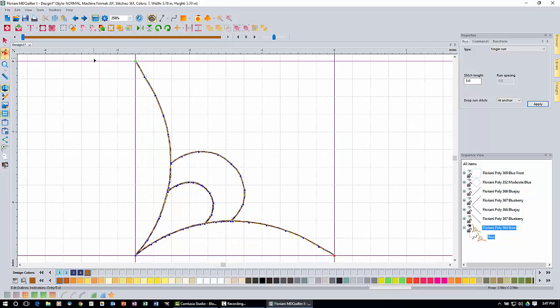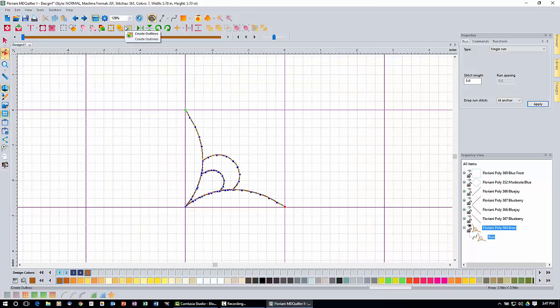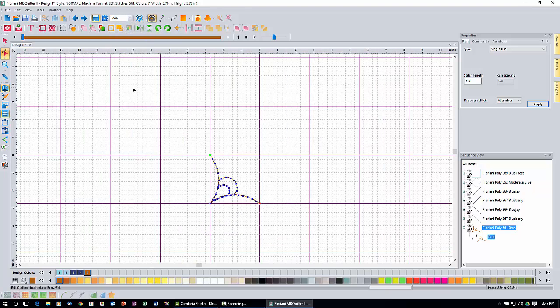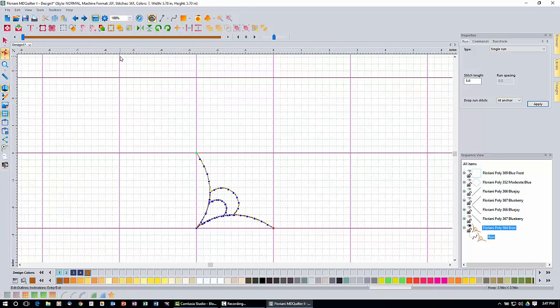So what I'm going to do now is I want to zoom out so I can see my whole quilt block, and I'm going to come up here to my zoom and click zoom out, and I'm going to pan just a little bit here. Let me zoom out one more time. Okay, that's a little bit far, so I'm going to go to 100%. So now I've got my screen to where I can see everything,